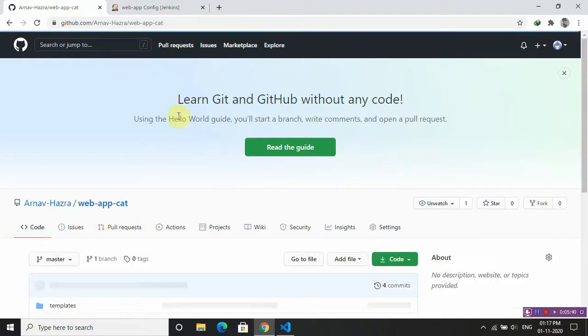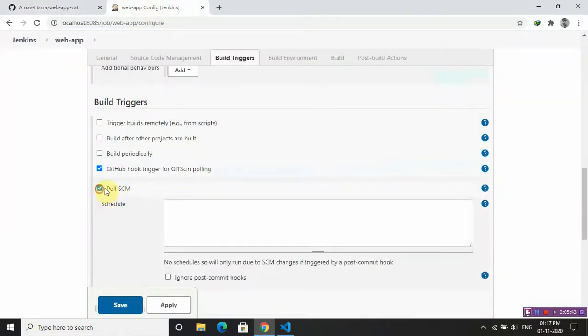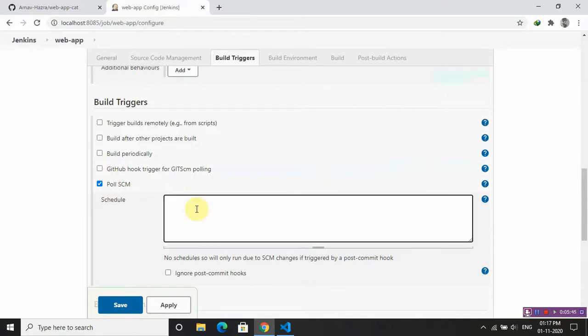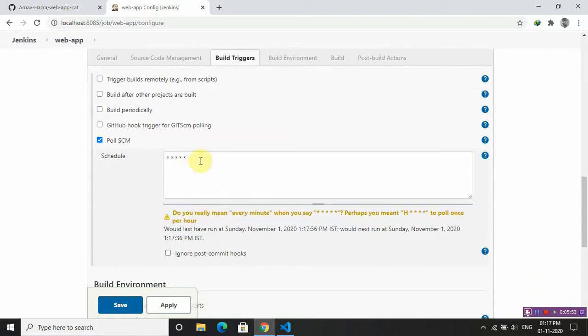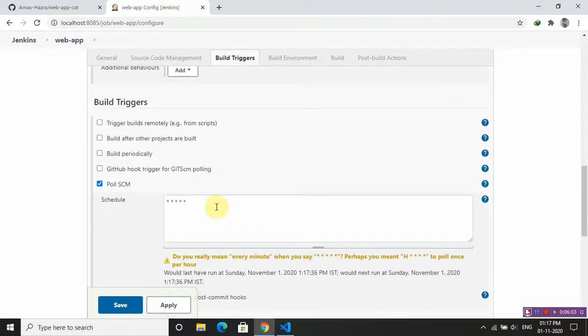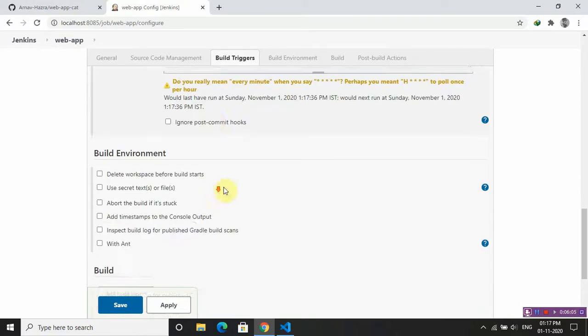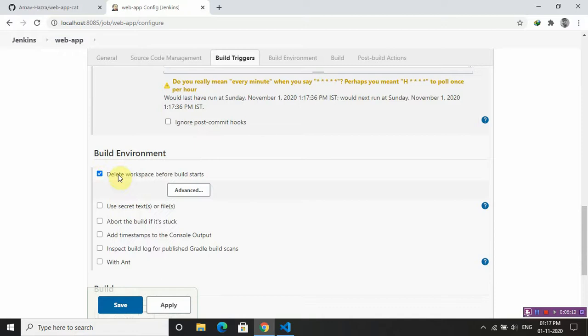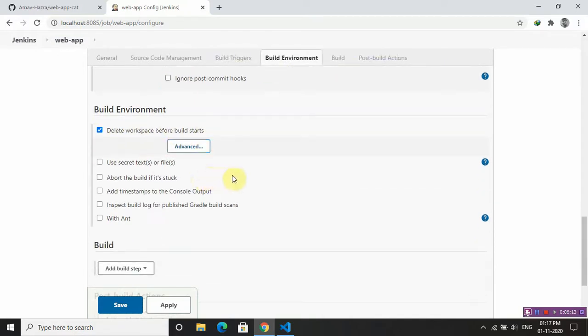But in this video we can also use Poll SCM, so if we give this in the schedule, that means it will check every minute if there is a change in the files, and it will automatically trigger the build. Let's go ahead. I will select this option so that my system memory doesn't keep filling every time we start a build.